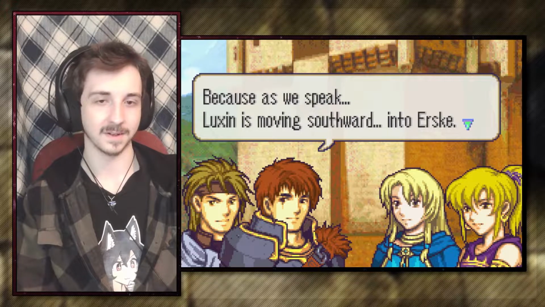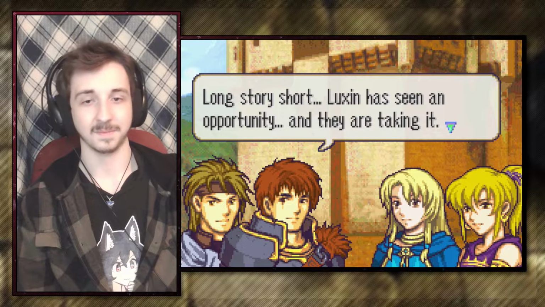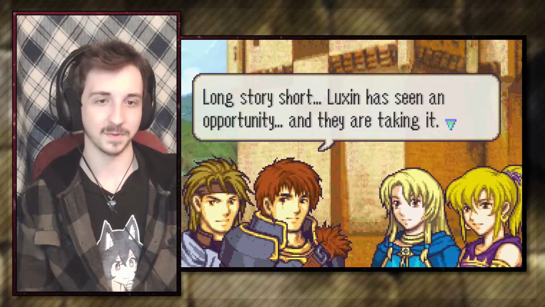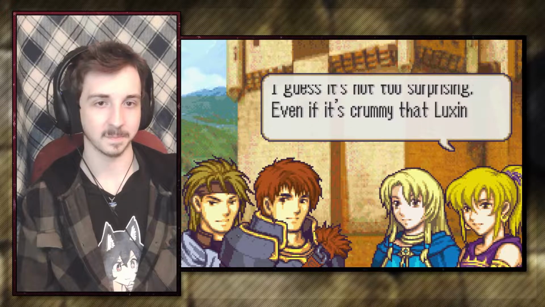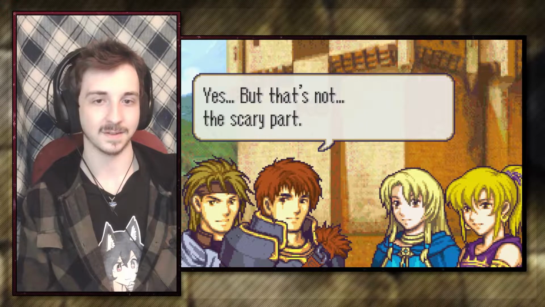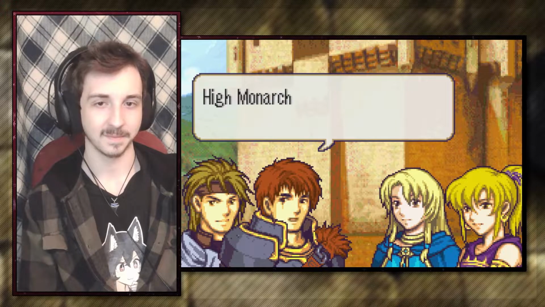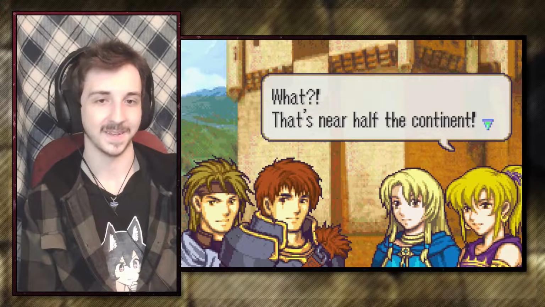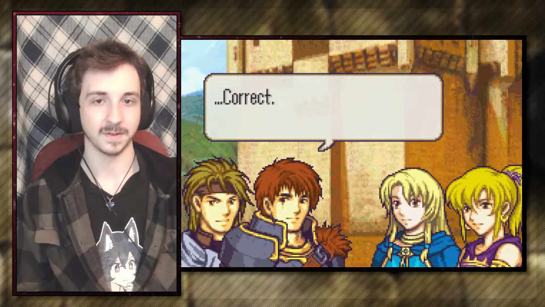Because as we speak, Luxon is moving southward into Ursk. Long story short, Luxon has seen an opportunity and they're taking it. Well, when you put it like that, I guess it's not too surprising. Even if it's crummy that Luxon would go back on their word. Yes, but that's not the scary part. You see, with Ursk, and now Ballaray, said to be in disarray, High Monarch Lumen is now wanting to take control of both. Dang. What? That's near half the continent. Where would they even get the numbers for such a...